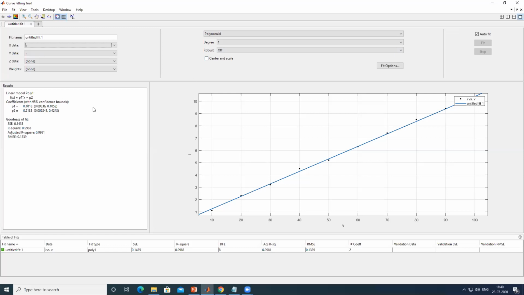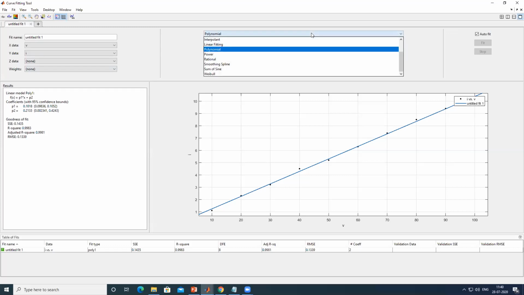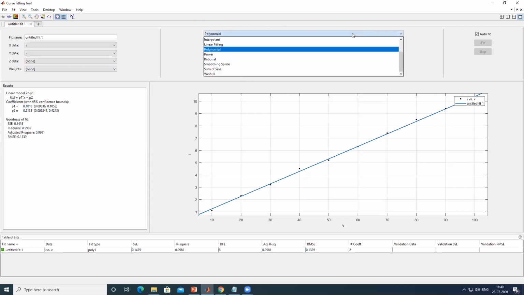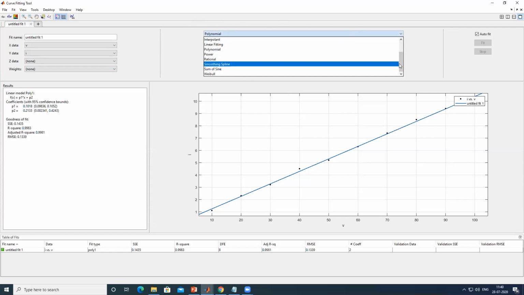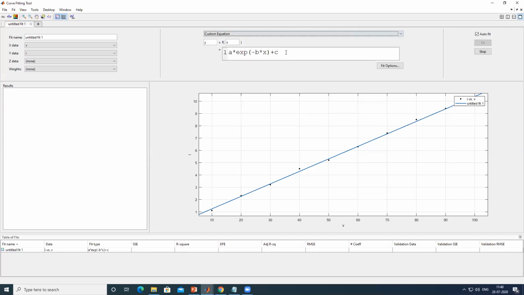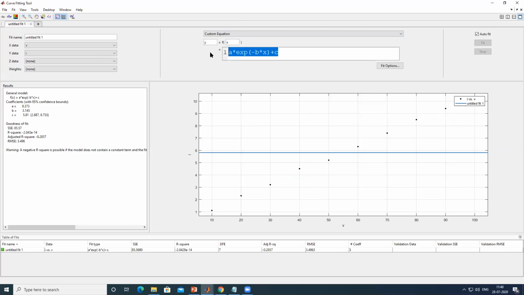But here we know that we are conducting Ohm's law, right? So we don't require an inbuilt mathematical model, rather we require our own custom model. How can we do that? Go to the mathematical model section, click on the polynomial, and if you scroll up, you will see a custom equation. Here we will write our equation.